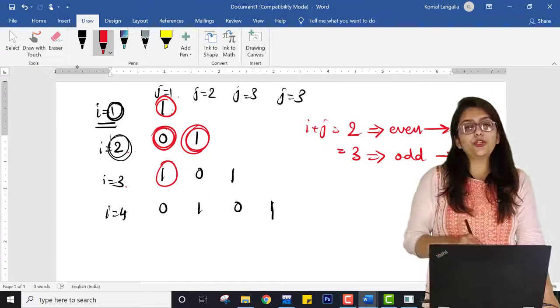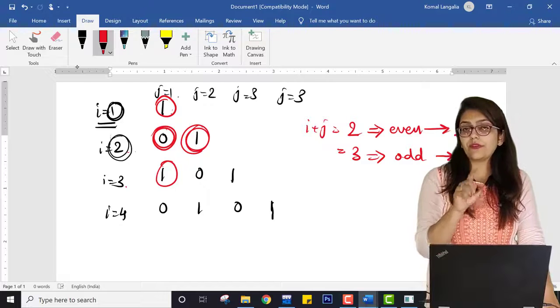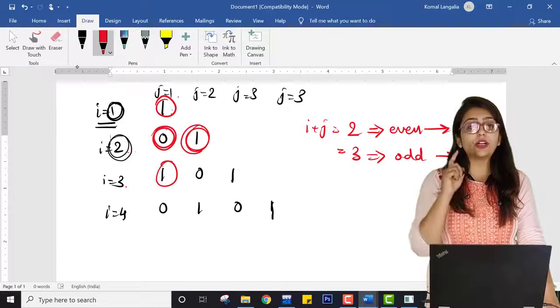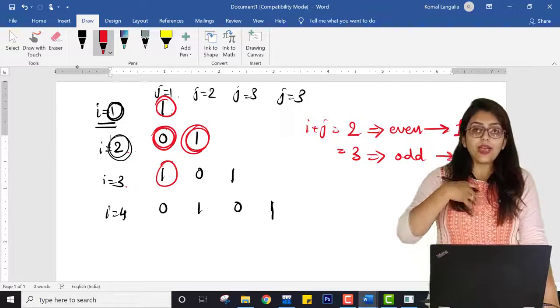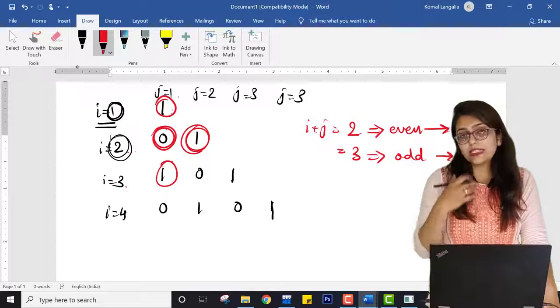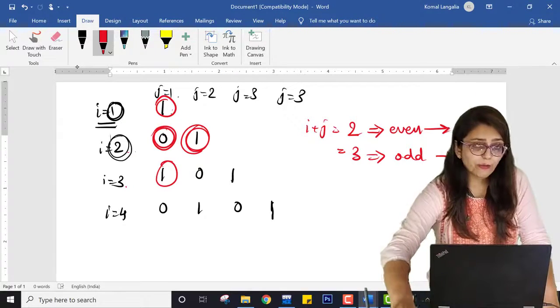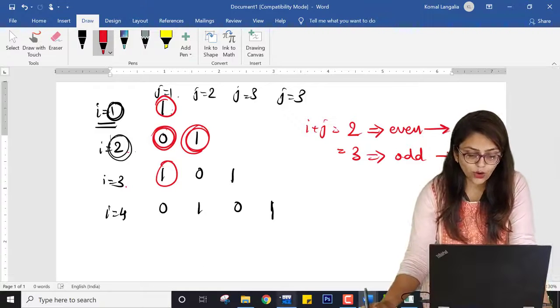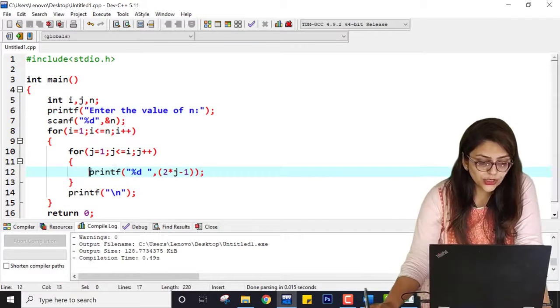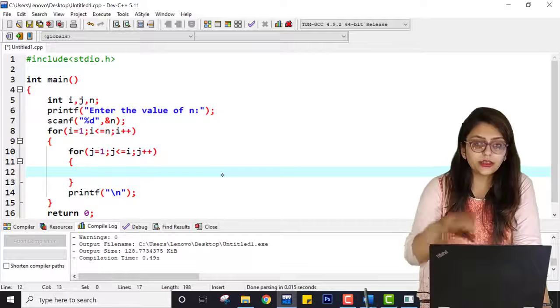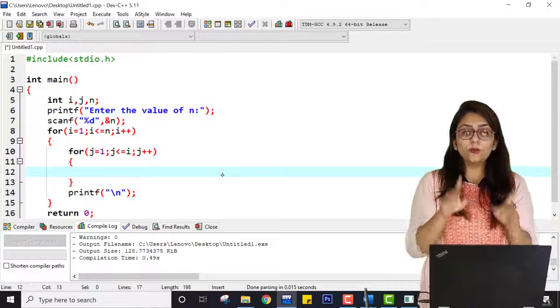And that's why I have told you to please go through the previous videos on decision making statements and control loops very effectively, so that it will be very easy for you to understand this logic. We have performed so many examples like this. So what change is to be done? This loop will be the same because we want to print a quadruple.